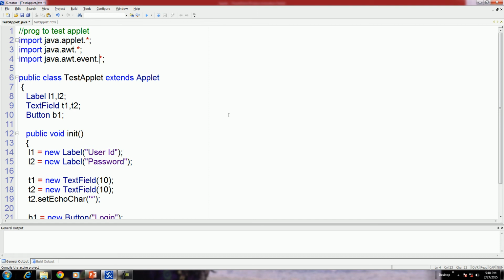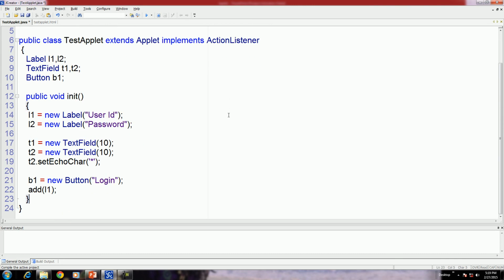Now you have to implement ActionListener, then give the event to a button, or assign or register this event to a button.